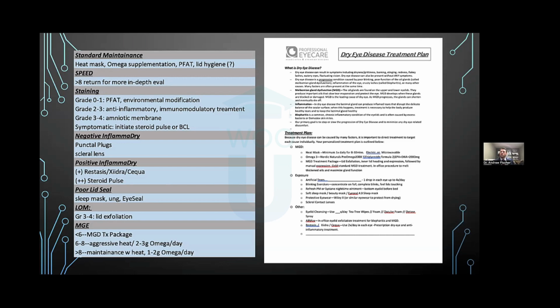Something, again, that helps me with patient education, because I'll spew a whole bunch of different things at them over the course of a 15-minute conversation: I have this dry eye treatment plan paper that I'll circle what I'm recommending to them and hand that to them. Otherwise, it goes in one ear, right out the other. Hopefully they'll remember one or two things I mentioned, but if they have this paper when they leave after my dry eye evaluation, it makes managing their dry eye and their understanding a whole lot easier, and they know exactly what I'm recommending for them too.